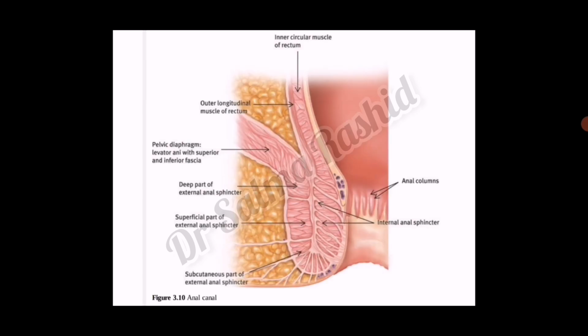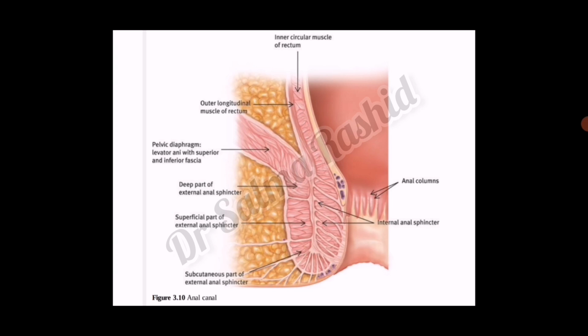As I have told you before, you can see that there is the deep part of the external anal sphincter, then there is the superficial part of the external anal sphincter, and then there is the subcutaneous part of the external anal sphincter, shown in this picture clearly, and their fibers interdigitate with the puborectalis, which is part of the levator